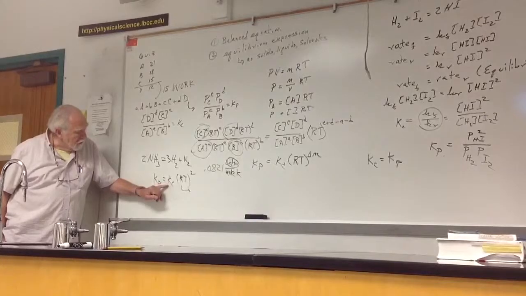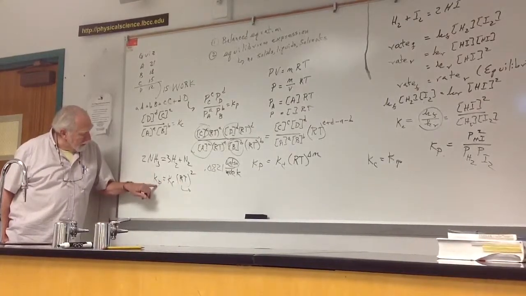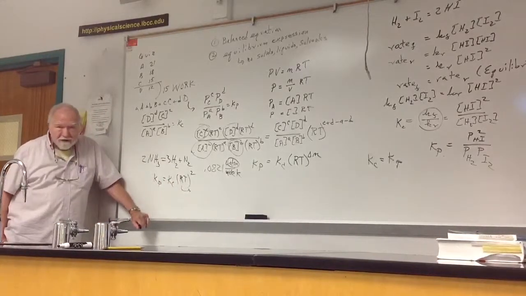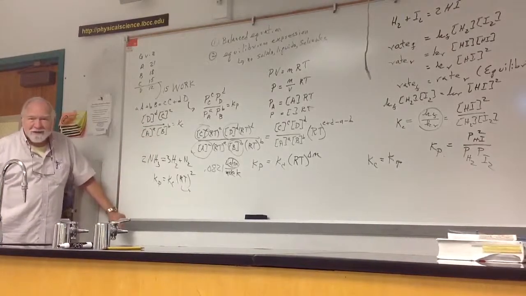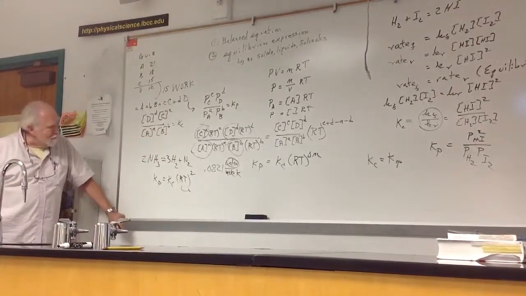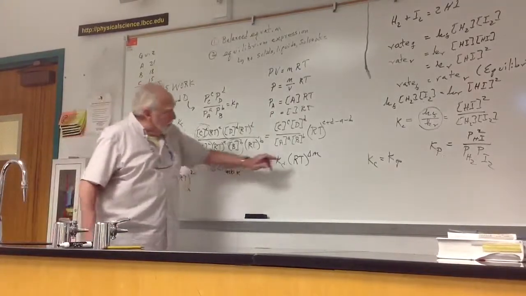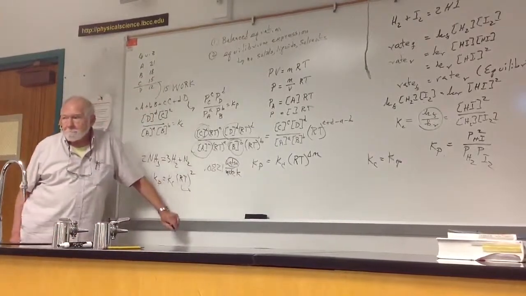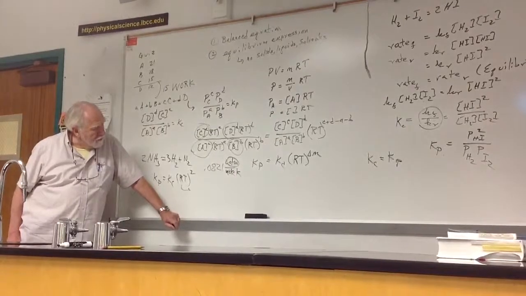So if you know this number, you can calculate this, you know the temperature, and then you can go to K sub P by just multiplying. If you know K sub P, you divide by that factor. That's the reason I didn't want to start with this, because I would have had a reciprocal RT, with the denominator minus the numerator, and I wanted to write it the way we always do delta n, as products minus the reactants. Okay. So that's one of the problems, going from K sub P